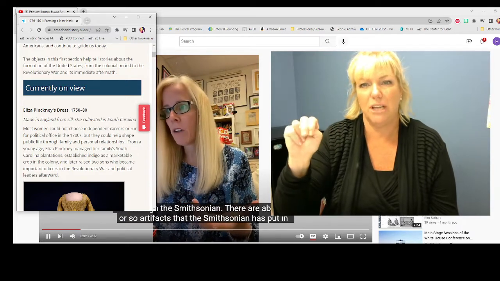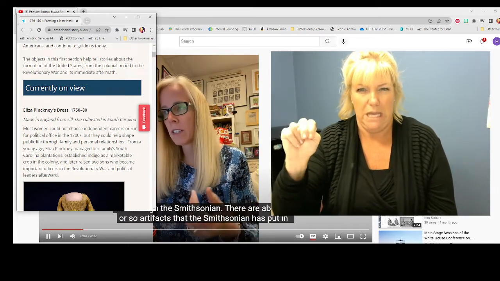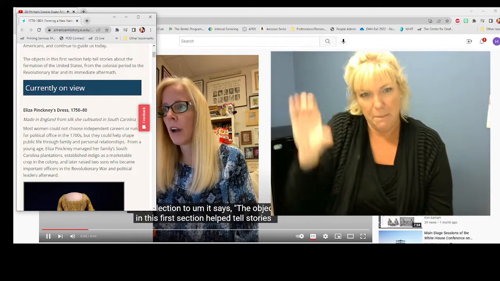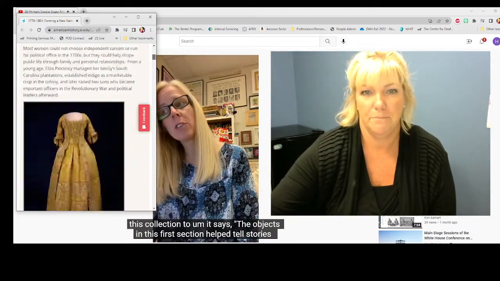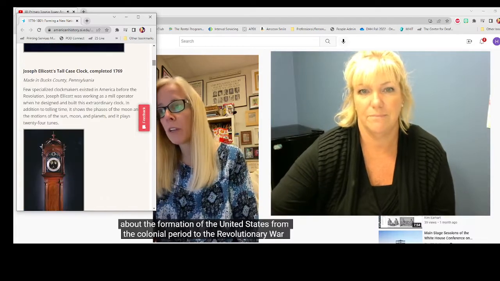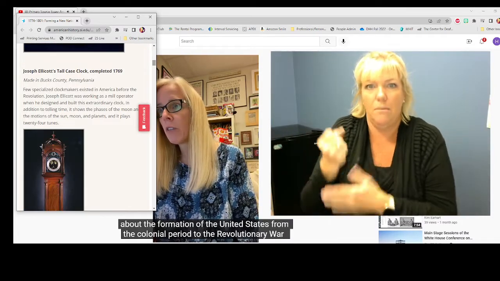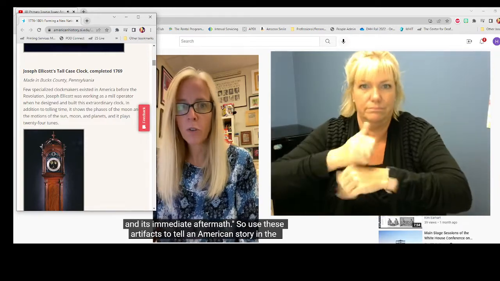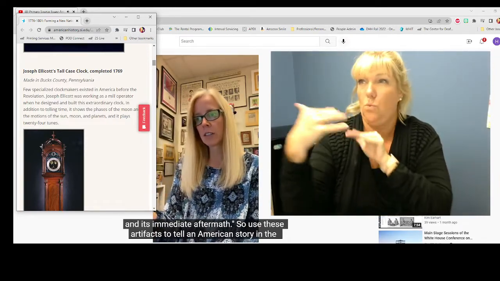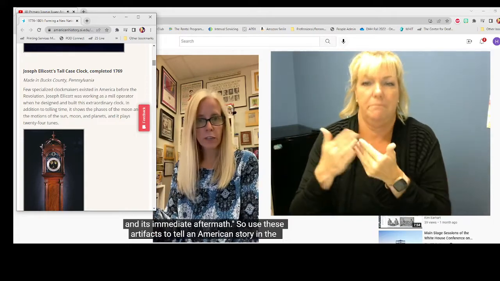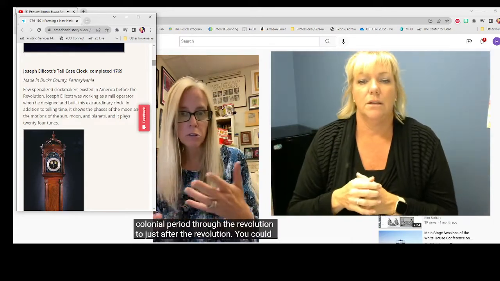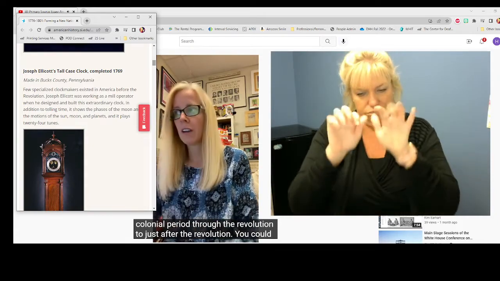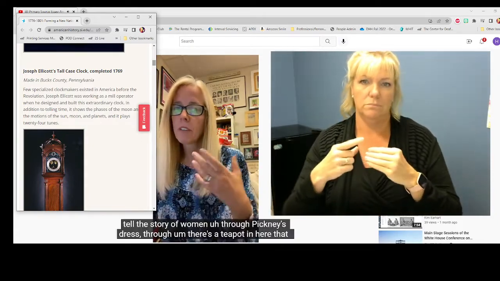There are about 20 or so artifacts that the Smithsonian has put in this collection. It says the objects in this first section help tell stories about the formation of the United States from the colonial period to the Revolutionary War and its immediate aftermath. So use these artifacts to tell an American story in the colonial period through the Revolution to just after the Revolution. You could tell the story of women